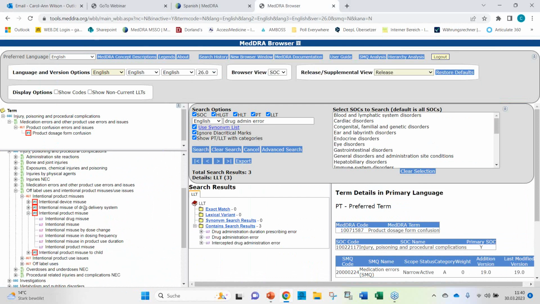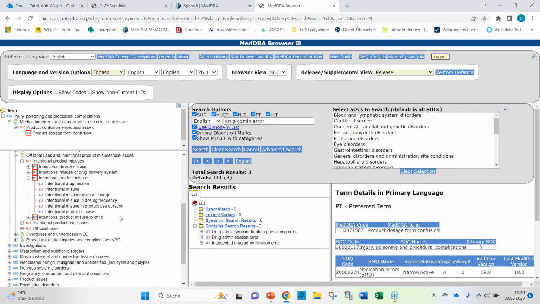Here we have this PT, and let's look for the most specific LLT that we can find, and this would be intentional misuse by dose change. Dose was changed. There's no more specific term that would really capture the dose increase, so there is no term that would say intentional misuse by dose increase or dose decrease, but dose change at least captures the basic medical concept.